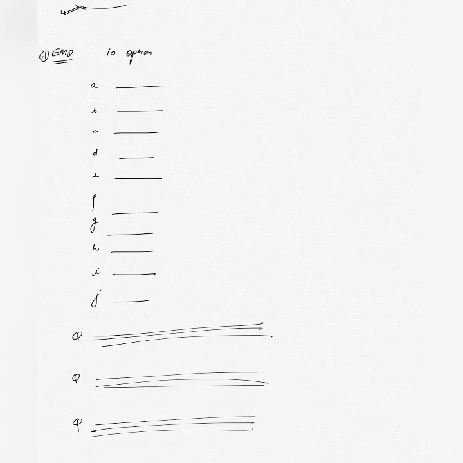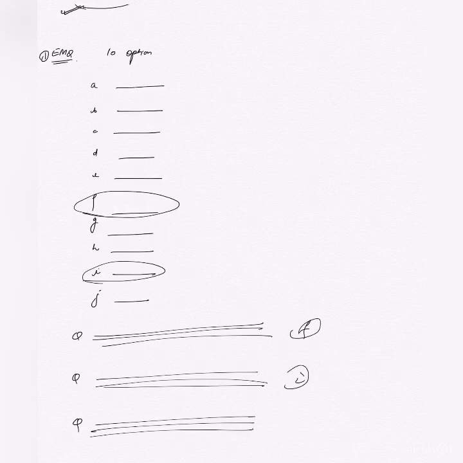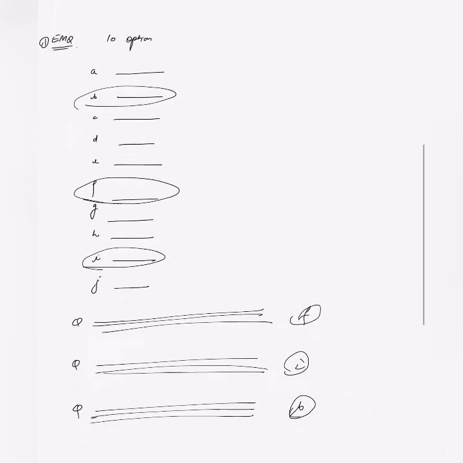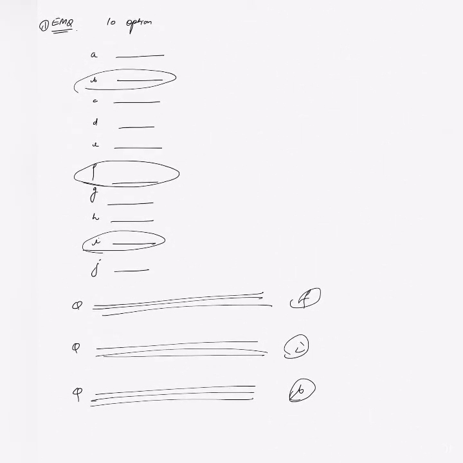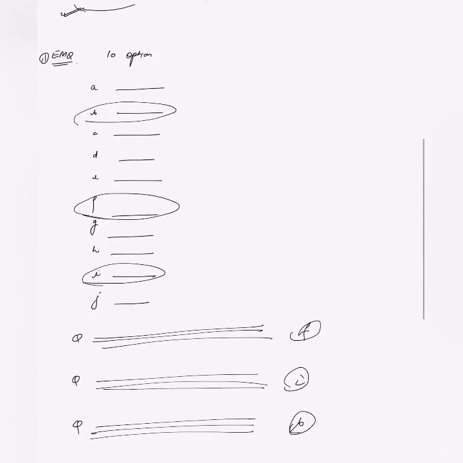For question number 1, suppose you think that F is the correct answer, for question number 2 you think I is the correct answer, and for question number 3 you think B is the correct answer. So you will choose these and this question will be over. A single EMQ gives you around the same marks as 3 SBAs. The problem is that it is very difficult to choose the best answer from the 10 options provided in the EMQ. Sometimes it is easy and sometimes it is difficult. So this is the EMQ type of question.